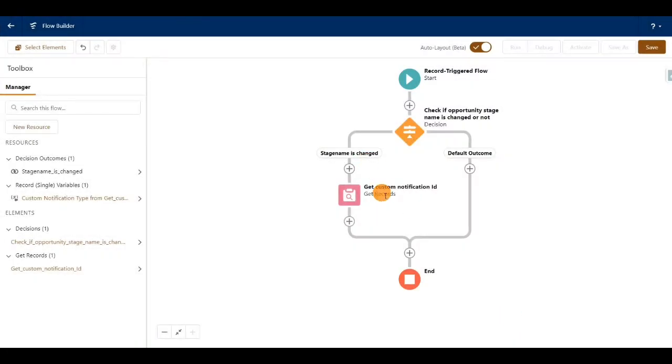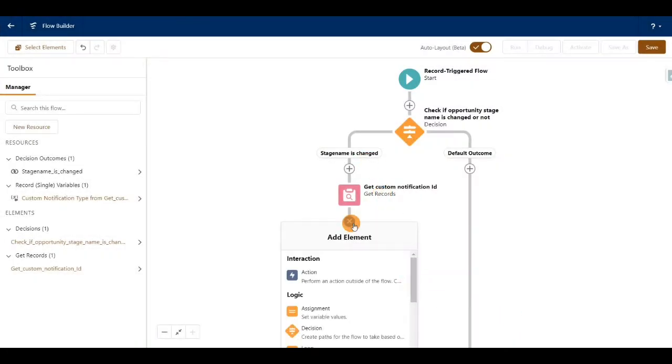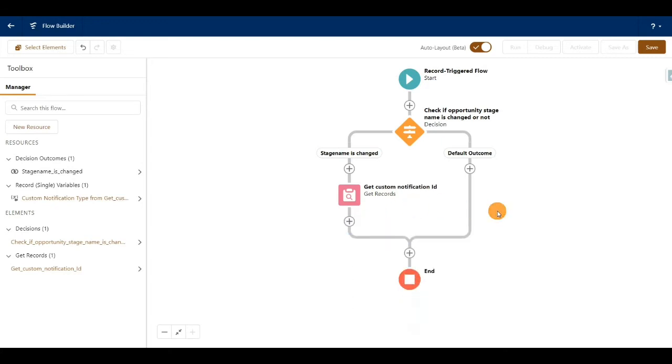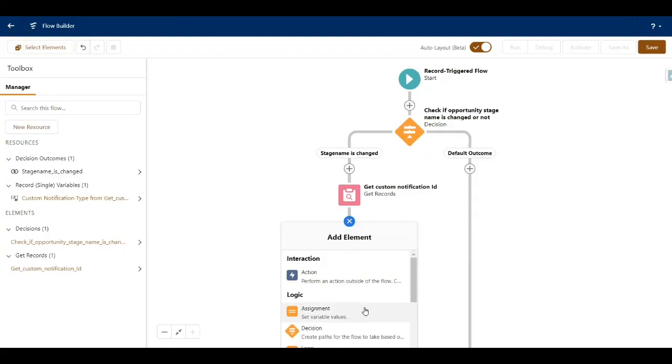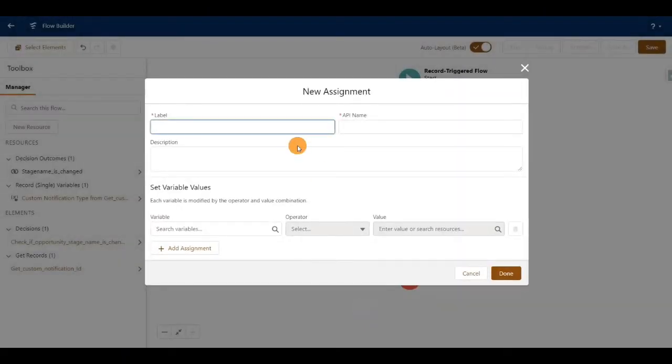Now we are getting the custom notification type. Here we have to send the custom notification, so before sending a custom notification, we need to capture the owner IDs. So for that, I'm going to use an assignment element. I'll just name this as